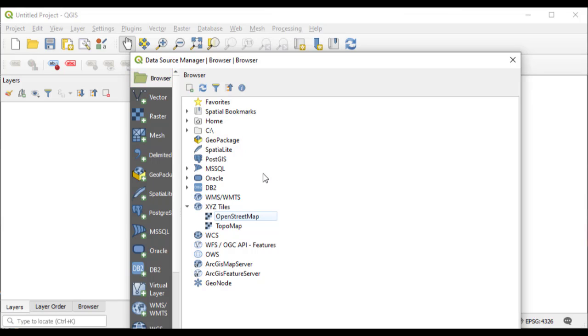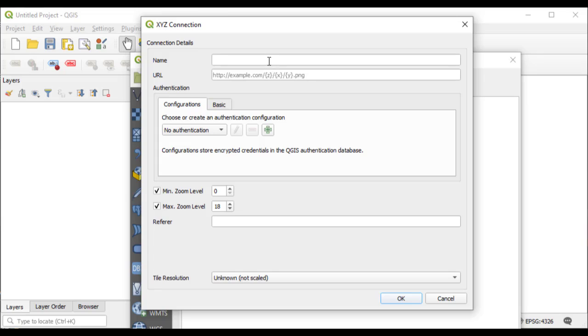Here you should see all your saved files as well as the different QGIS services. Locate XYZ Tiles, right-click on it, and select New Connection. A window should then pop up prompting you to enter the URL of whatever service you'd like to add for